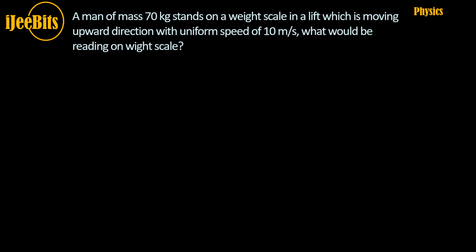If you look at this example, a man of mass 70 kg is standing on a weight scale. Maybe there would be a small weight scale, right? Assuming that you are standing like this, and we know 70 kg, this weight scale has some kind of reading. So probably you are looking at what this reading is. But the interesting part is that this whole setup is actually in the lift,